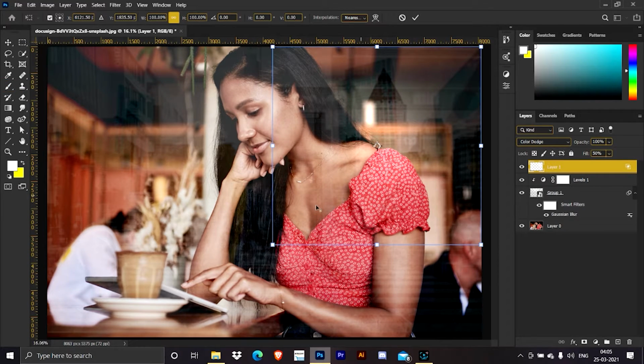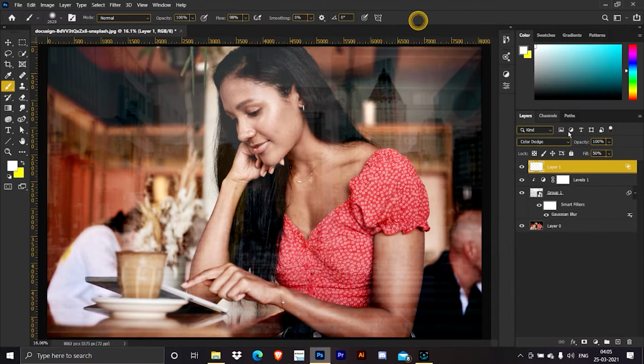Control T on this and let's increase it, or on this building. It will look like it is being reflected from this building. Let's increase the fill a little bit. This looks fine. So this is before and this is after. It is a very subtle difference, but it looks good.